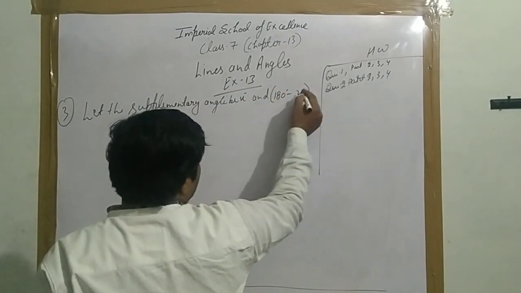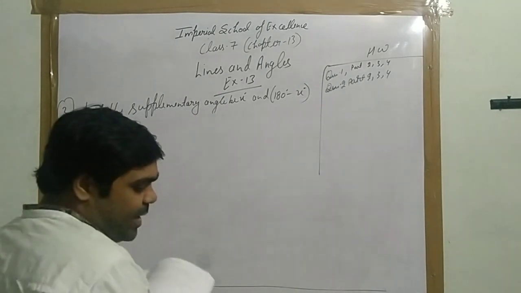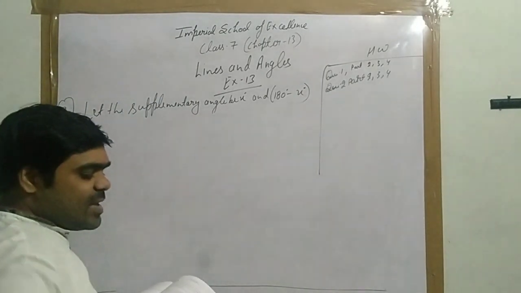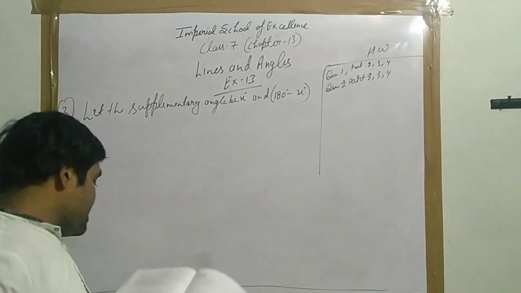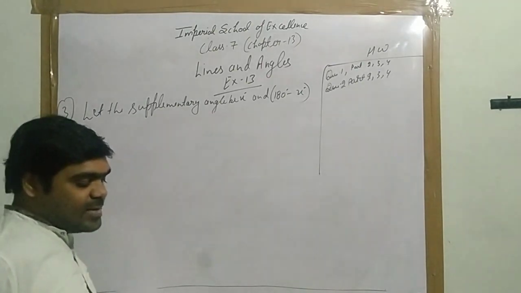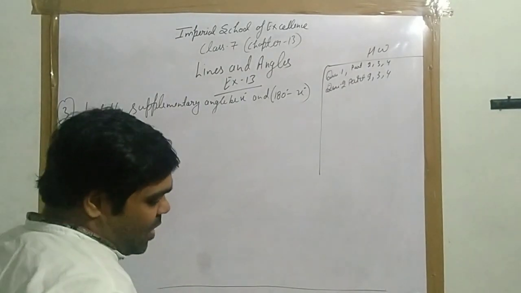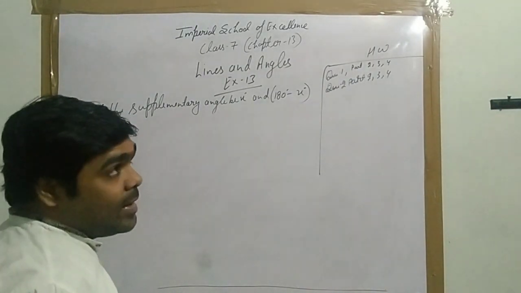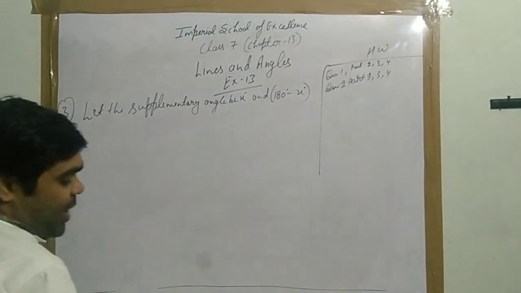Since it is given that the larger angle is 36 more than the measure of the smaller angle,